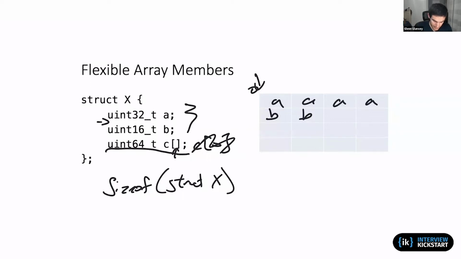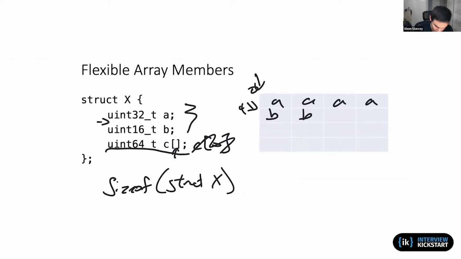A, just being inherently the very first field in the structure, is able to be aligned to 0, a multiple of 4, if you will. And then field B, being a 2-byte field, is able to also start off at address 4. So there doesn't need to be any padding between A and B. However, we do need to have padding after B in order to make the next entry of A line up correctly. Because remember, if we have this struct X in an array,